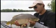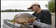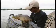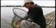You'll notice I'm holding him over the net just in case the fish wriggles. It's a good double figure fish, probably between 12 and 14 pounds. And that's why we need heavy feeder kit these days, because fish like this take some stopping, I'll tell you. Lovely looking carp, real breeze block this one, and that's why I held the net where it is, so